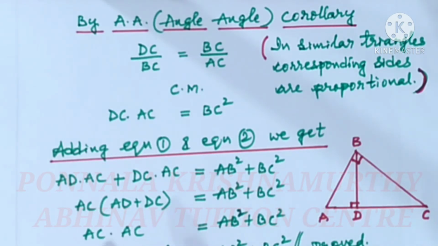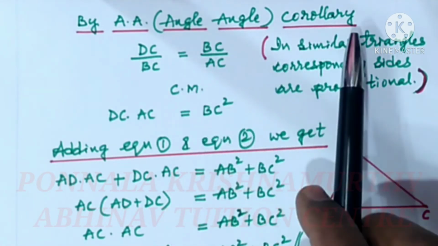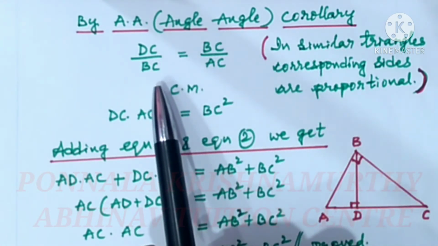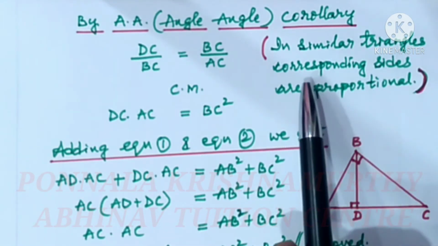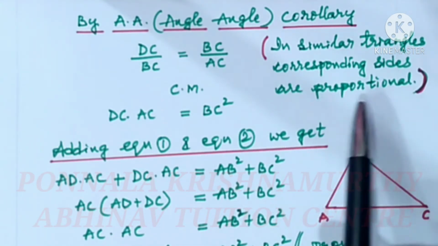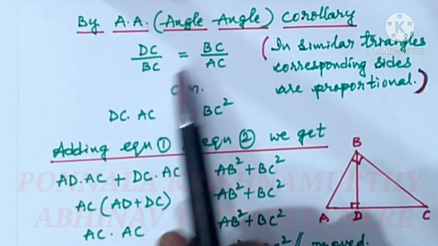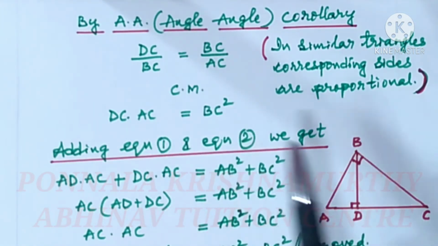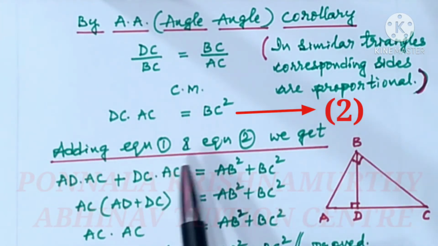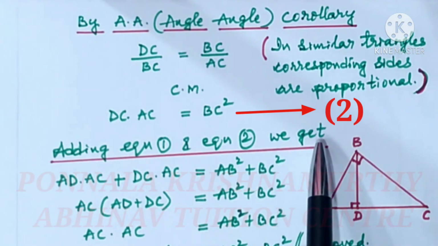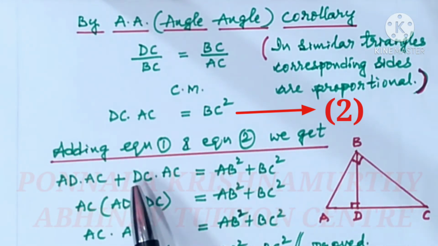Since these two triangles are similar, by AA angle-angle corollary, DC by BC is equal to BC by AC. In similar triangles, corresponding sides are proportional. Cross multiplication: DC into AC is equal to BC into BC, that is BC square. That is equation 2. Adding equation 1 and equation 2, we get left hand side of first equation plus left